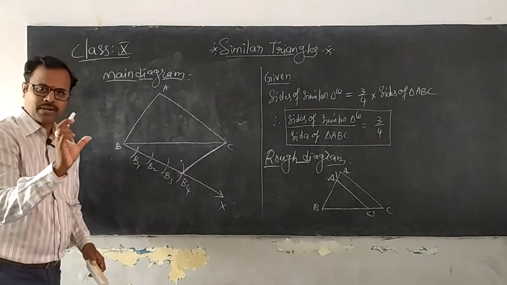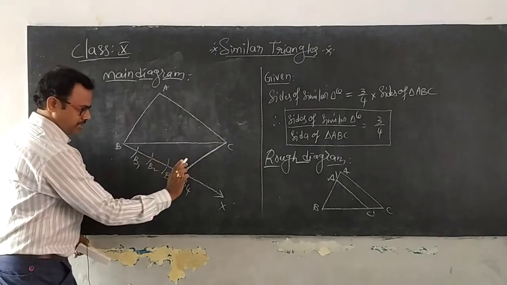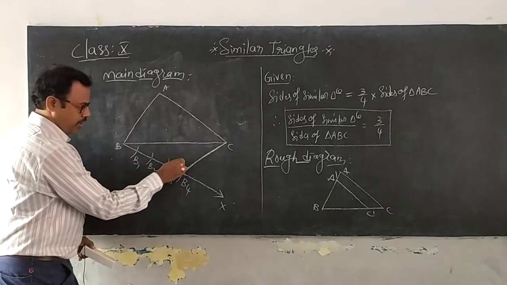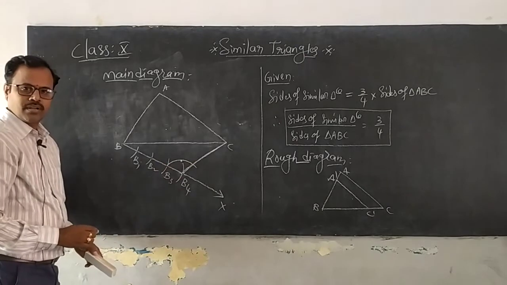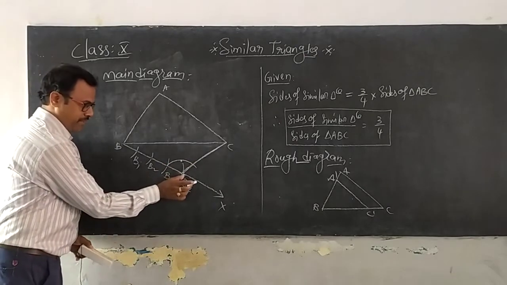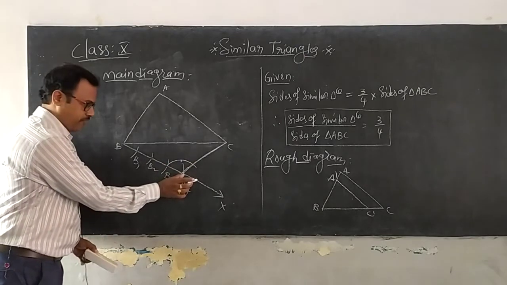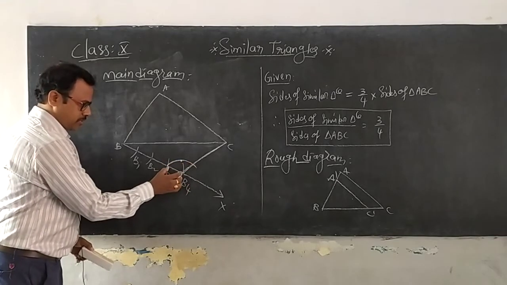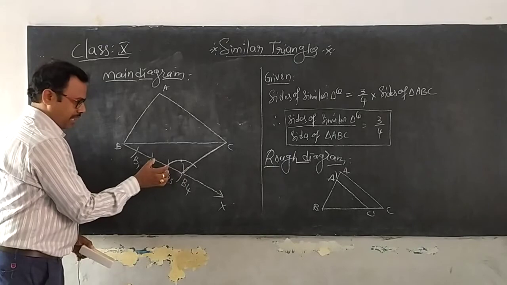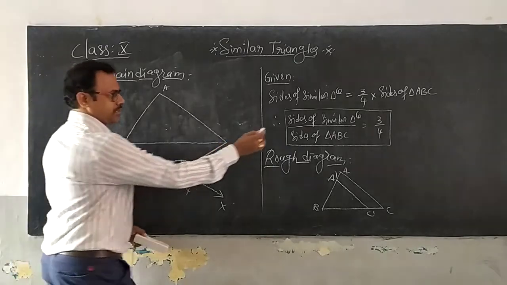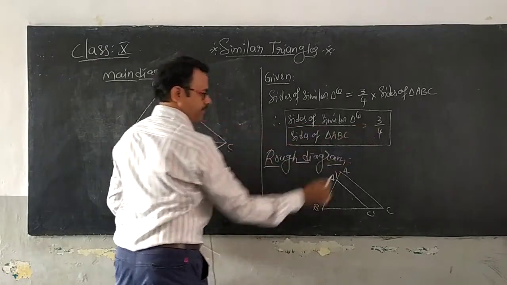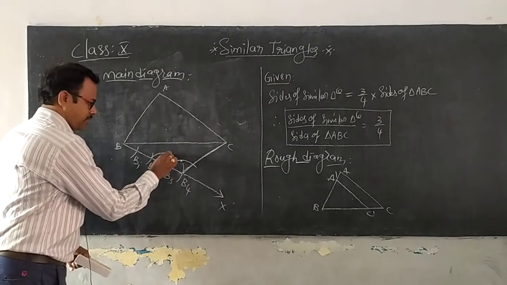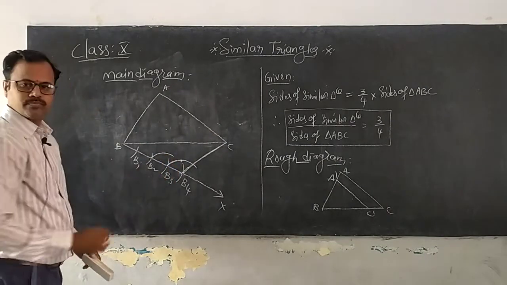Now take your compass. Place the compass needle at the point B4 and the pencil at B3. Draw an arc. Place the compass needle at B4 and draw an arc from B3. This measurement, the same measurement I take from B3 because the similar triangle represents 3. So I have to stand at B3 and draw the same arc from B2.